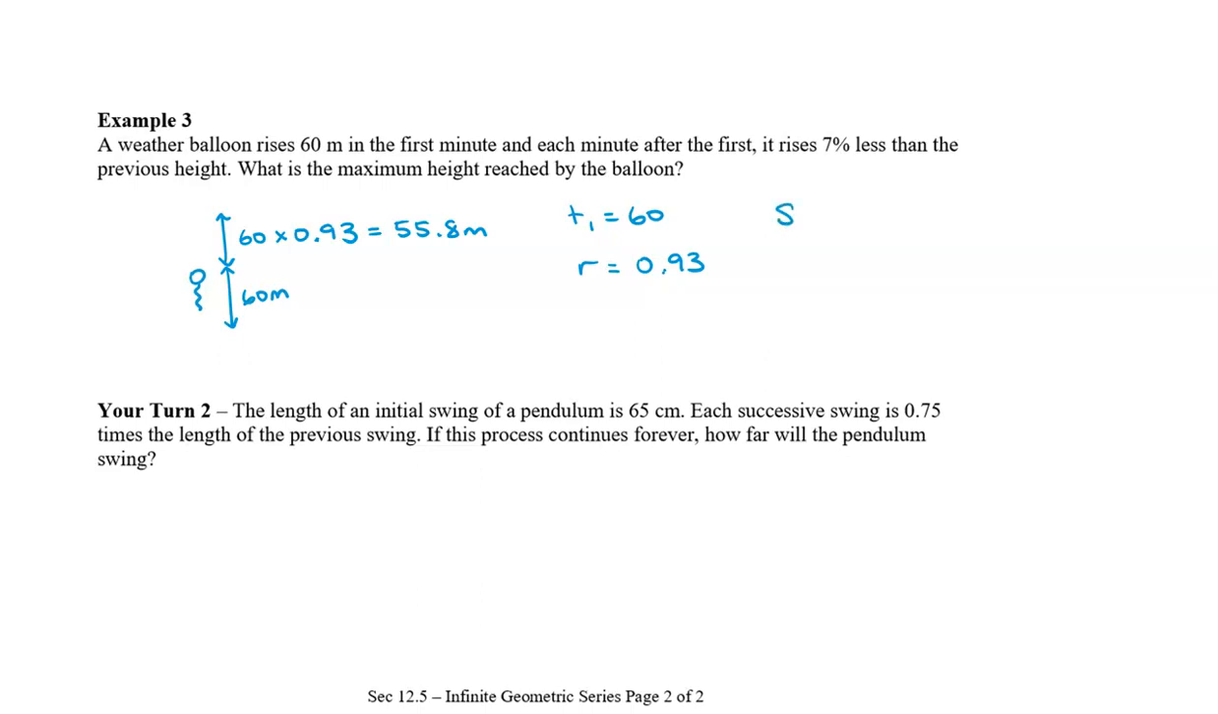So we assume that this is going to be infinite because this balloon keeps on going. We're not saying that there's an end. So when does it actually stop? So the first part is we have 60 divided by 1 minus our ratio. So it's 1 minus 0.93. Type this into your calculator. So S infinity is